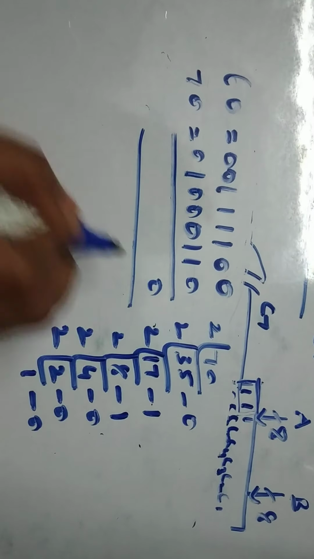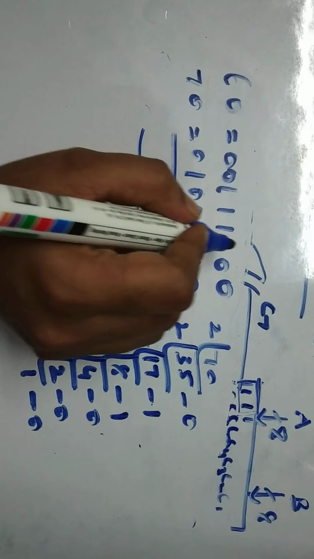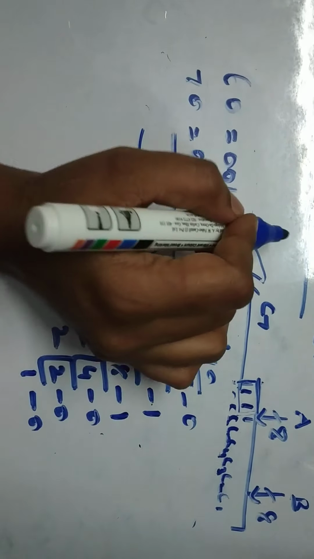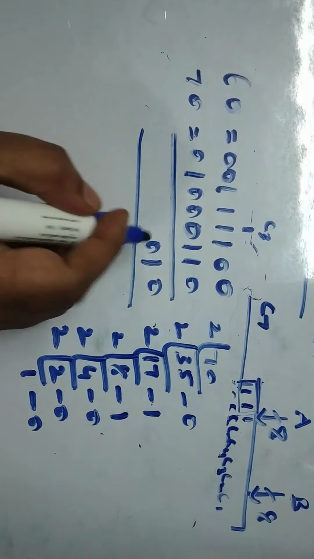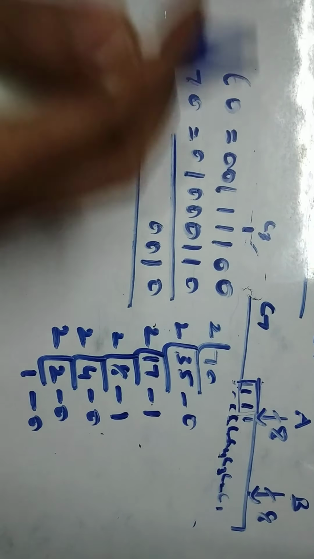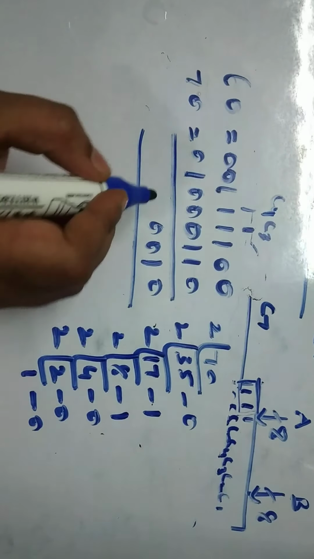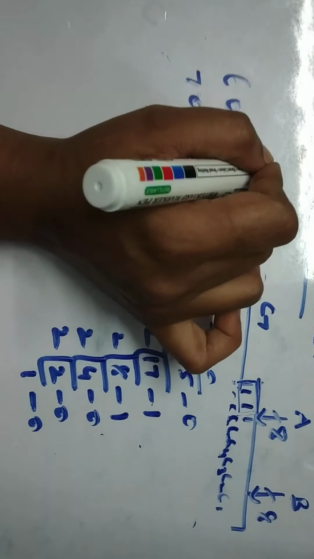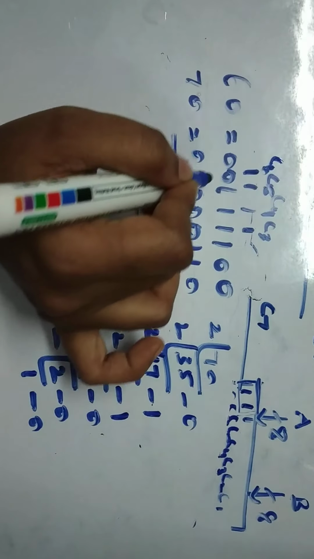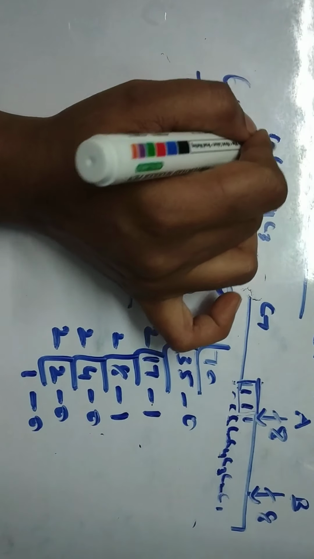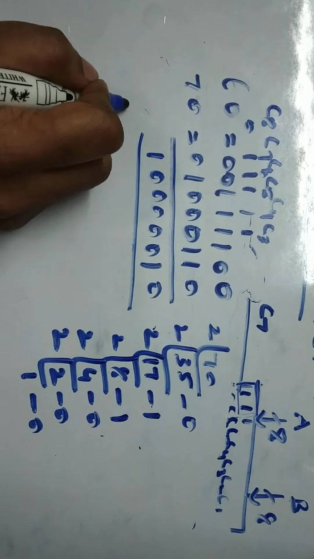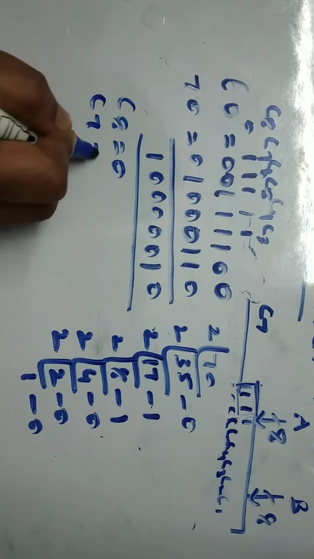0 plus 0 is 0, 0 plus 1 is 1, 1 plus 1 it is 0. You are getting carry here. So here C1, C2, C3, so in C3 you are getting carry. Okay, so now including that carry you are adding the result. So your result you are getting 0, and again you are getting carry, that is C4, and again you are getting carry in C5. Now again you are getting carry in C6, carry in C7, and in C8 you are not getting any carry. So here C8 value is 0, C7 value is 1.